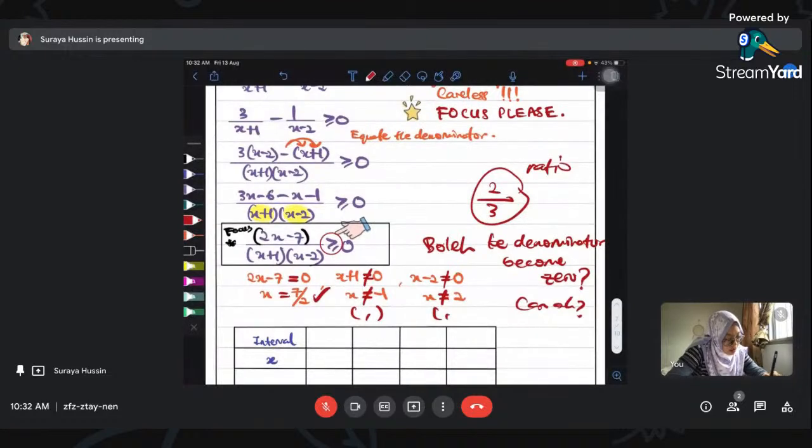Tolong buat open. Saya takut kamu careless kalau kamu tak tulis. So open. Open. Manakala kalau yang 7/2 ni, dia adalah close. Closed. Okay? Itulah caranya kamu